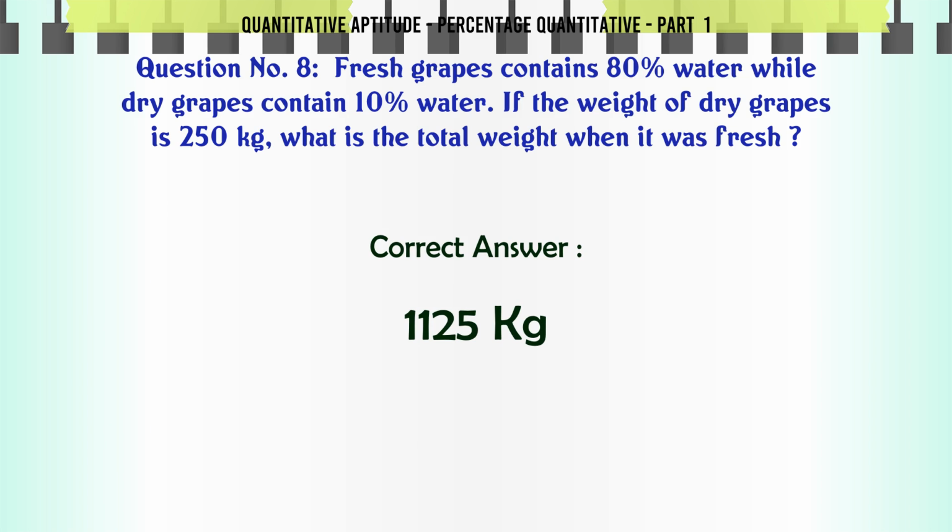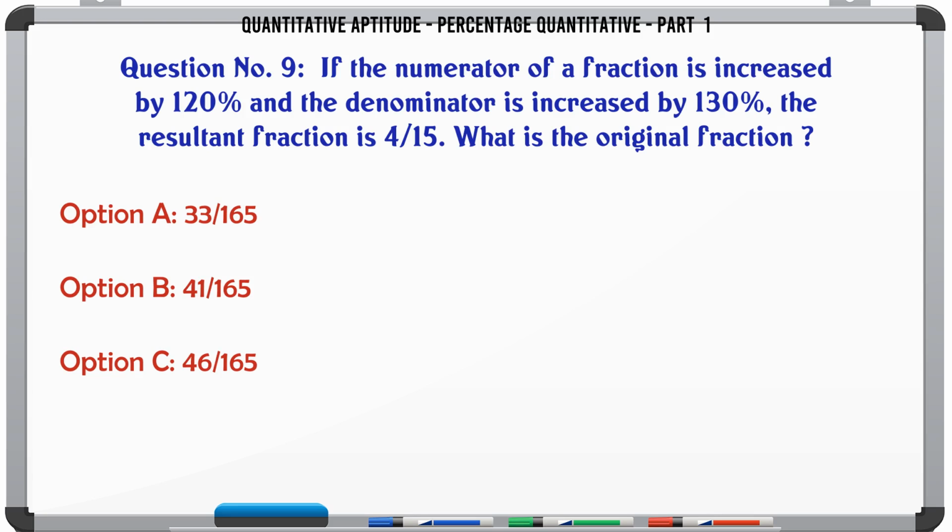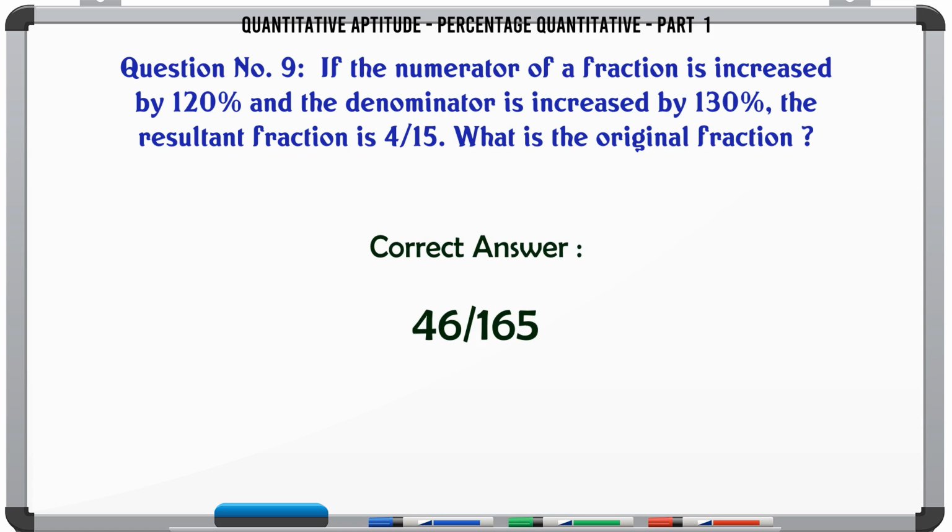1125 kg. If the numerator of a fraction is increased by 120% and the denominator is increased by 130%, the resultant fraction is 4/15. What is the original fraction? A 33/165, B 41/165, C 46/165, D 51/165. The correct answer is